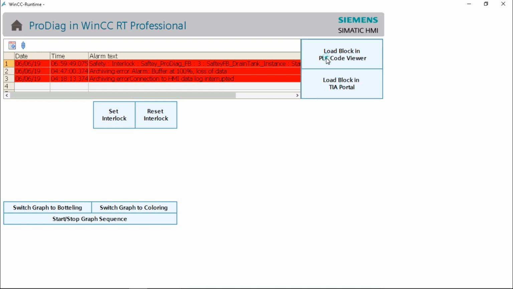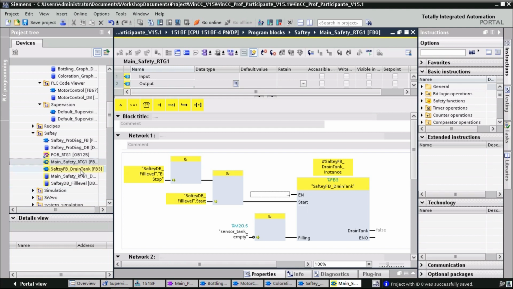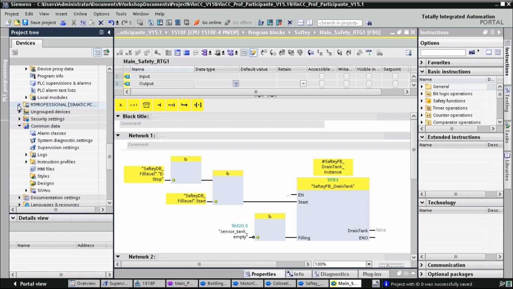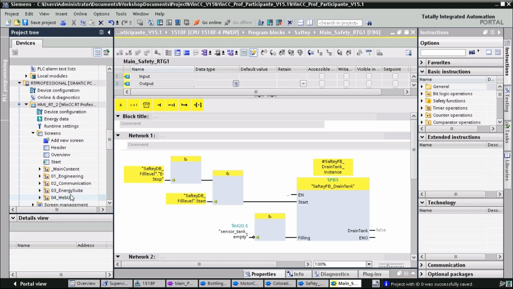Important for the PLC code viewer is that it does not show the information for operand supervisions because it just doesn't make sense in that case. If one tag is false, that's information enough. In the case of an interlock, we need to know which other precondition is not correct. So we insert the PLC code viewer,